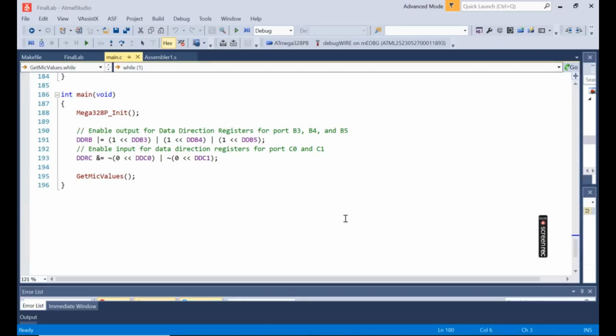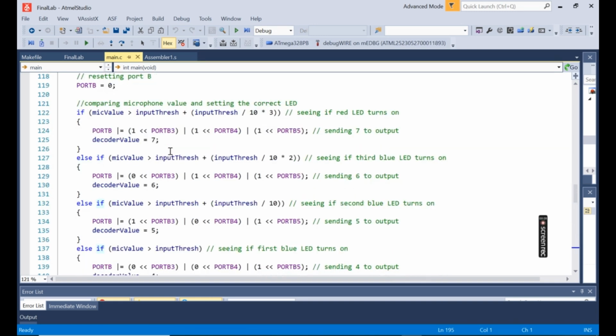Okay, so looking at the code for our final project, first we're going to show the main function, which first calls the 328 initialization function. And then it sets the input and output for the data direction registers. So the output is set for port B, pin 3, 4, and 5, and input is enabled for port C, pin 0 and 1. So then we get into our actual main code, which is in the get mic values function. So if we go up to that function,